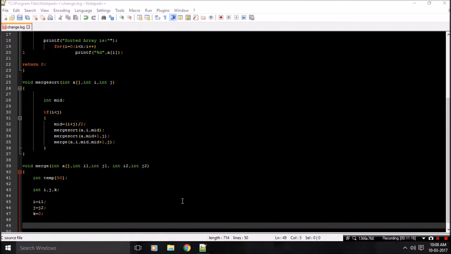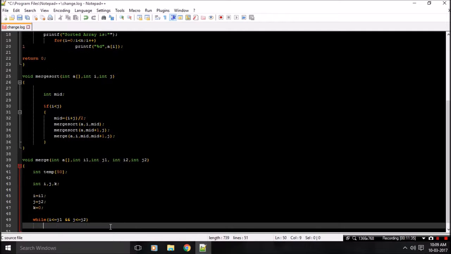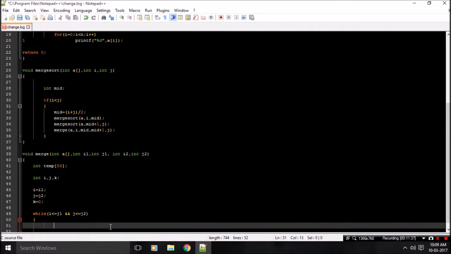For performing the loop with both the lists, we will be using a while loop: i less than or equal to j1 and j less than or equal to j2. So we are using a control statement if here: if a of i is less than a of j,